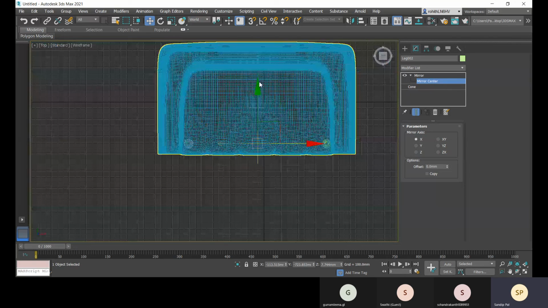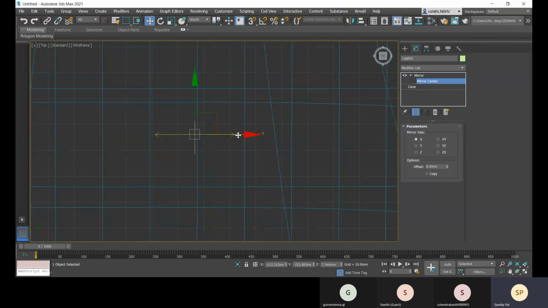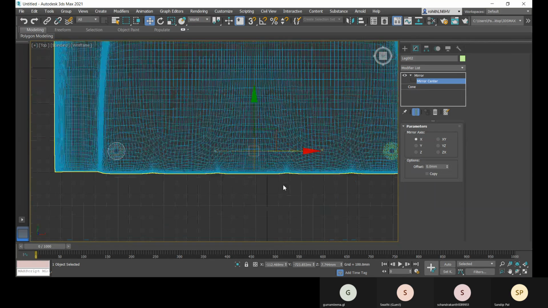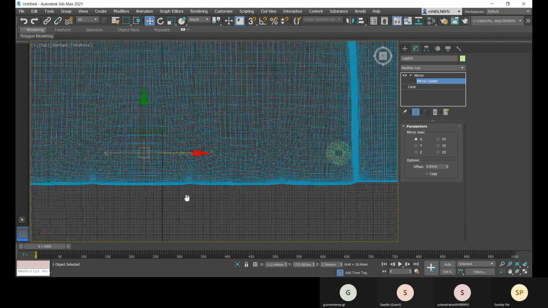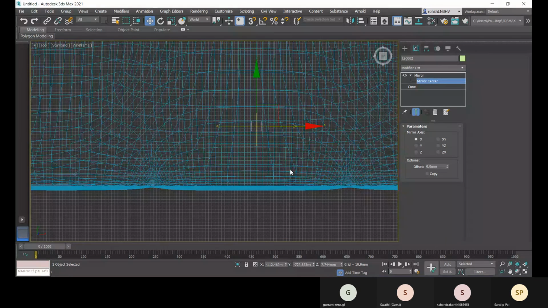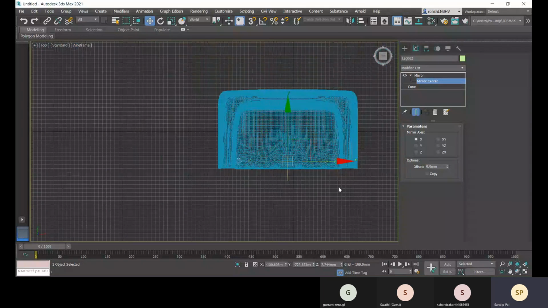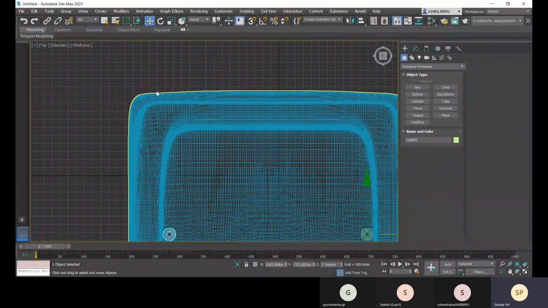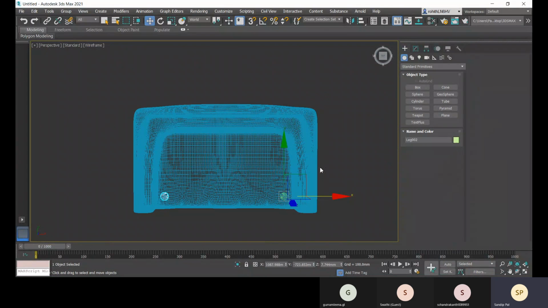Or you can have it at the midpoint. So you can just align at the mid. Okay, so that is aligned, I think. Oh, this one is the mid. Yeah. Okay. So that is right. Now that is done. And this way you can mirror to this side as well.